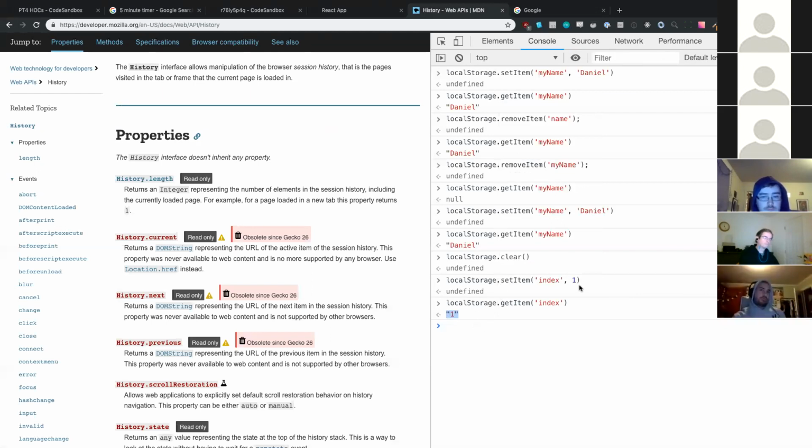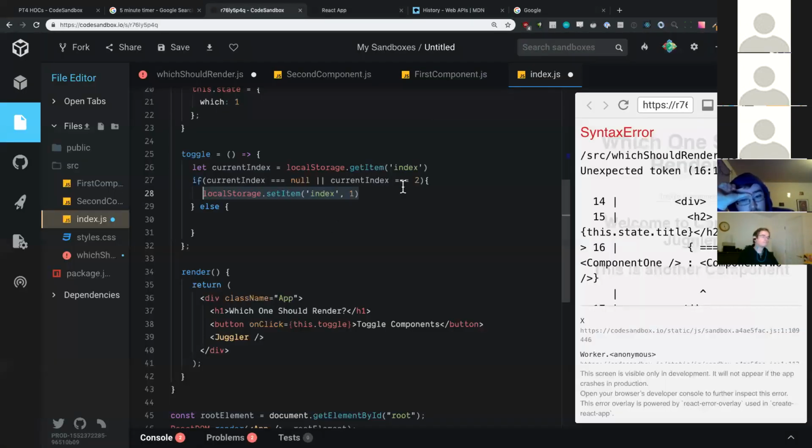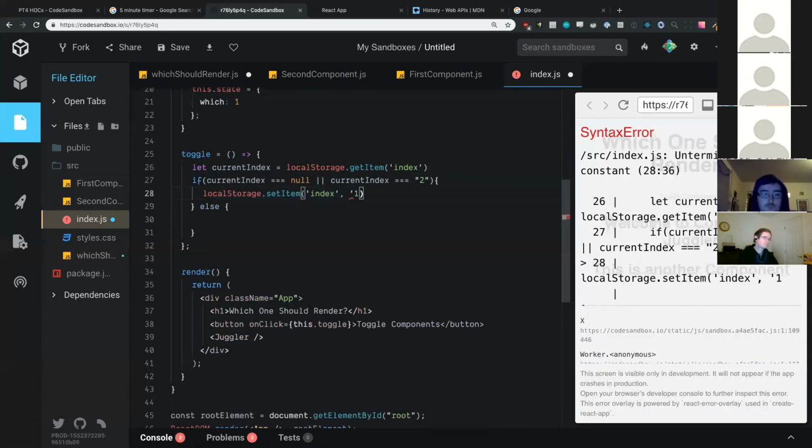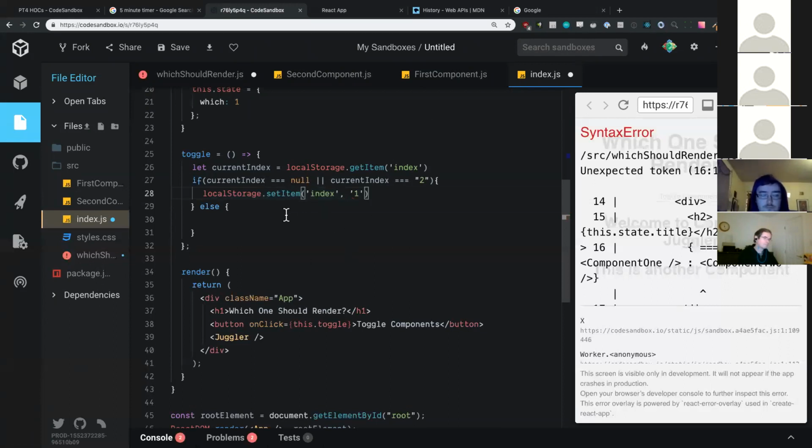There's some advanced stuff where you can use JSON.stringify if you want to store an object or an array. But for now, we're just going to store a string. So it's always going to store it as a string. Even if I give it a number, it is going to convert that to a string. Okay, so we can say '1'. Let's come back in here and adjust our code. What we want to do is '1'. All right. Otherwise,